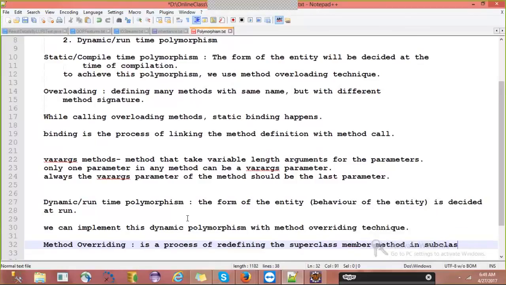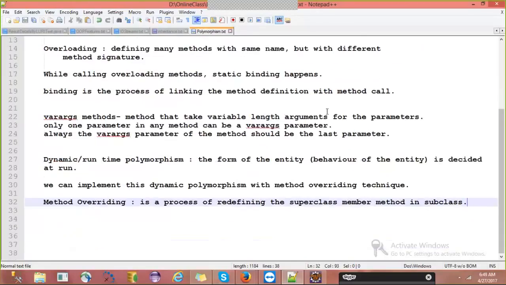Here is the definition you need to remember very clearly. So what is method overriding? It is a process of redefining the superclass member method in subclass.